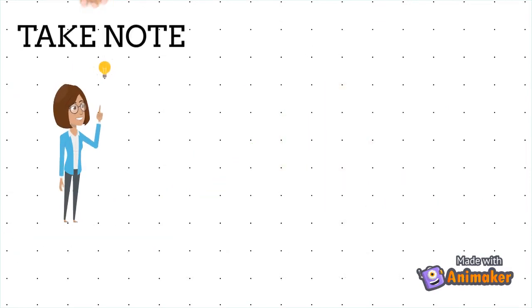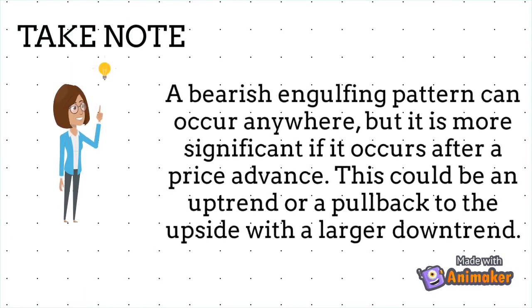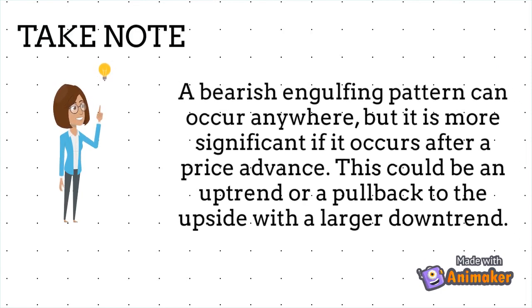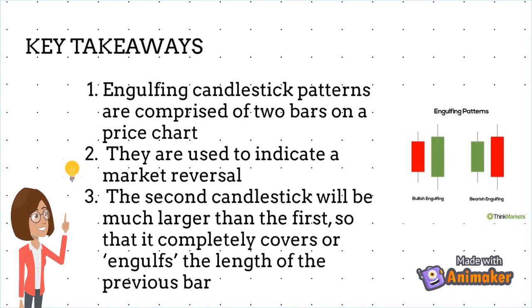Take note that a bearish engulfing pattern can occur anywhere, but it is more significant if it occurs after a price advance. This could be an uptrend or a pullback to the upside within a larger downtrend. Key takeaways for the engulfing pattern. First, engulfing candlestick patterns are comprised of 2 bars on a price chart. Second, they are used to indicate a market reversal. Third, the second candlestick will be much larger than the first, so that it completely covers or engulfs the length